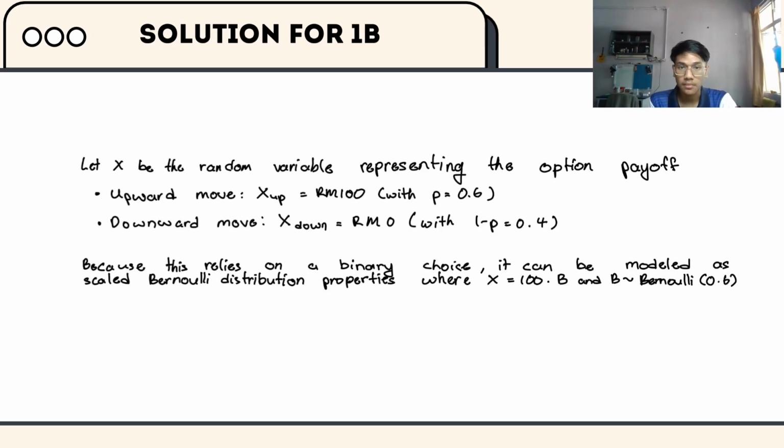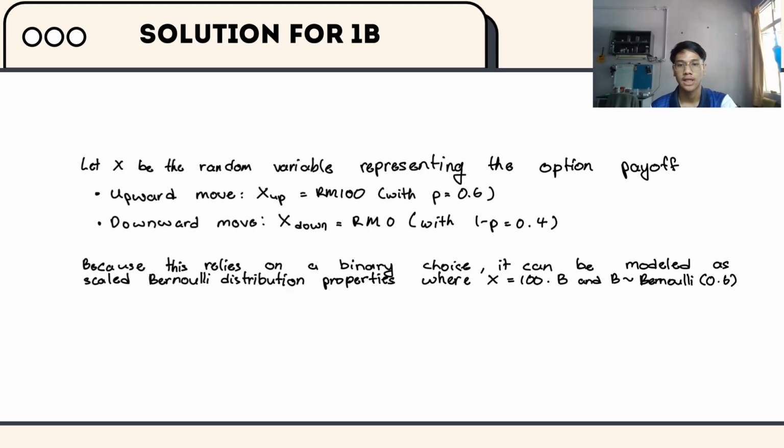And for part B, we're going to let X be the random variable representing the option payoff. For the upward move, X up equals 100 ringgit with a probability of 0.6, and for the downward move, X down equals RM 0 with a probability of 0.4. Because this relies on a binary choice, it can be modeled as a scaled Bernoulli distribution, where X equals 100 times B, and B is distributed Bernoulli